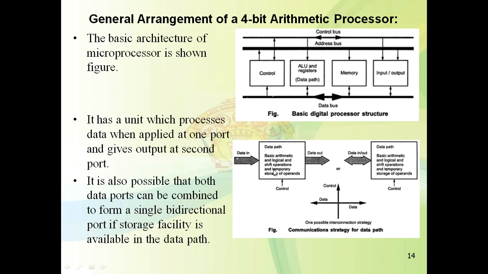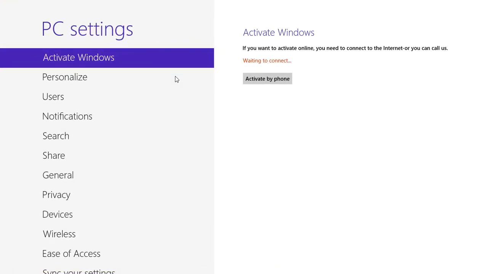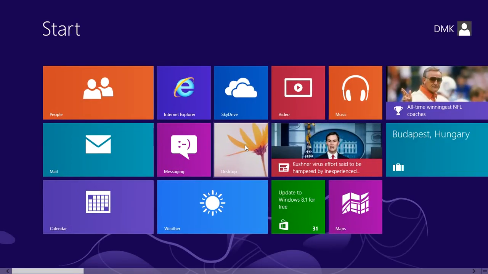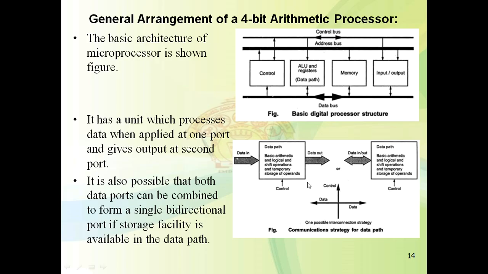The operands will be stored and the result will be stored temporarily. So we require the input port as well as the output port. So the ALU has a data path, and this data path will have an input port as well as an output port.